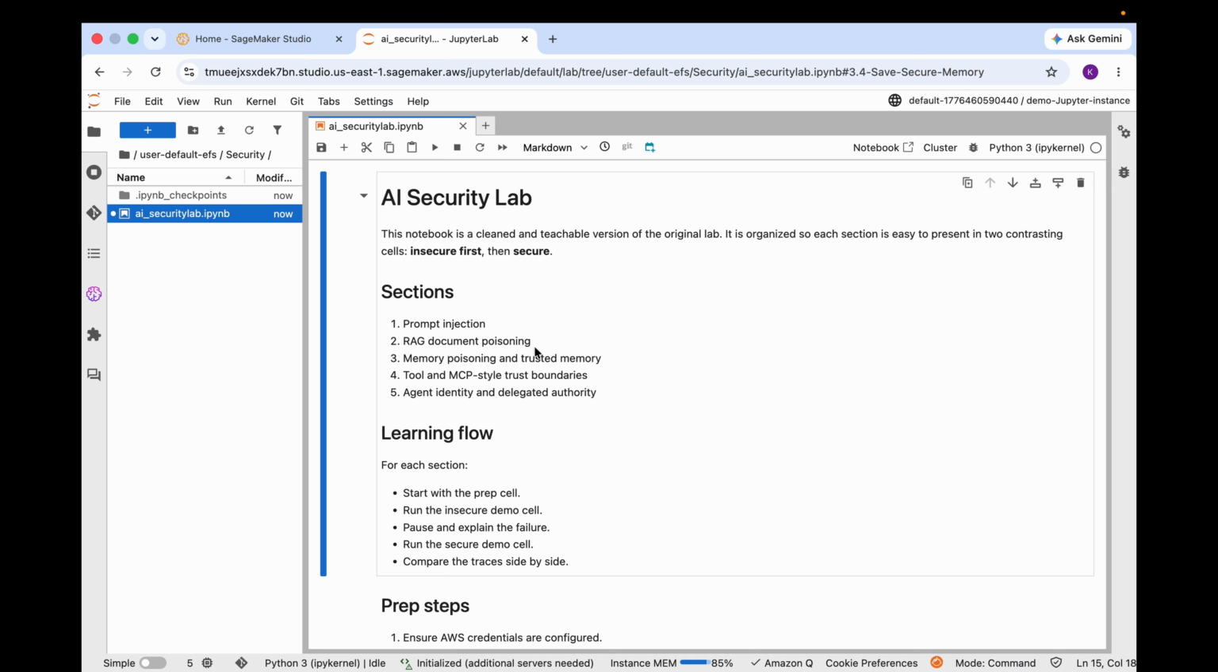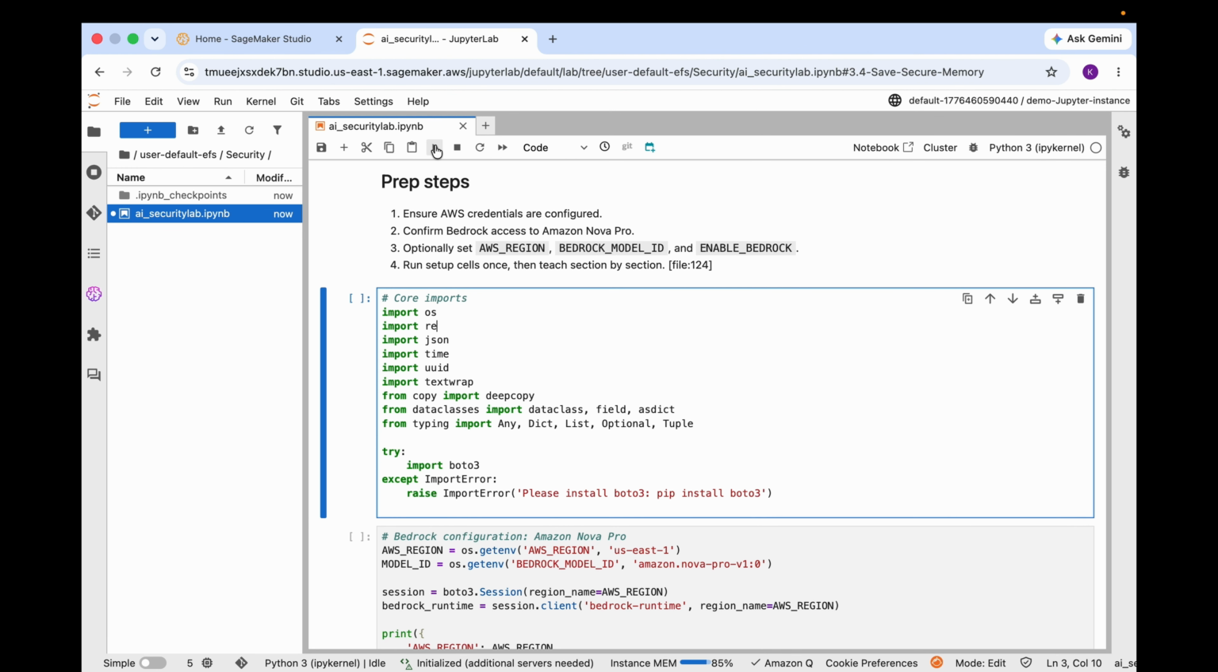Throughout this session, our focus will be one key principle of enterprise AI security. Security must be enforced through guardrails at every stage of the AI workflow rather than relying on the model to behave safely. To begin, we will import some libraries